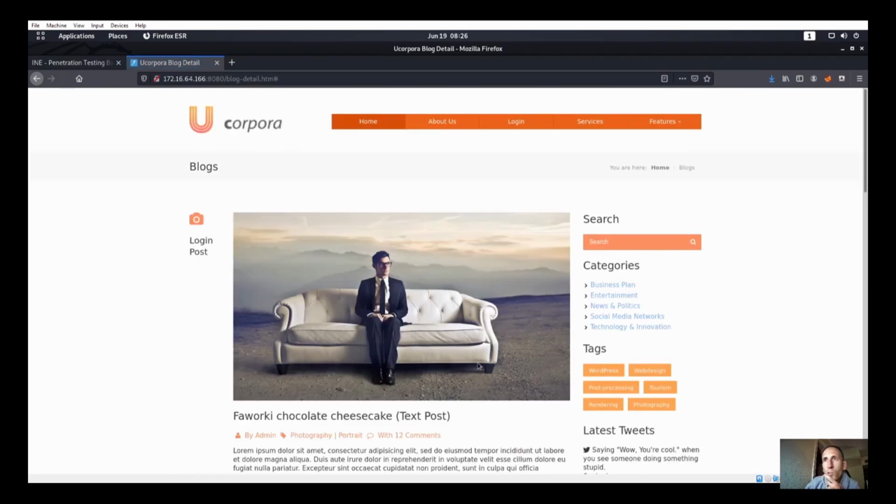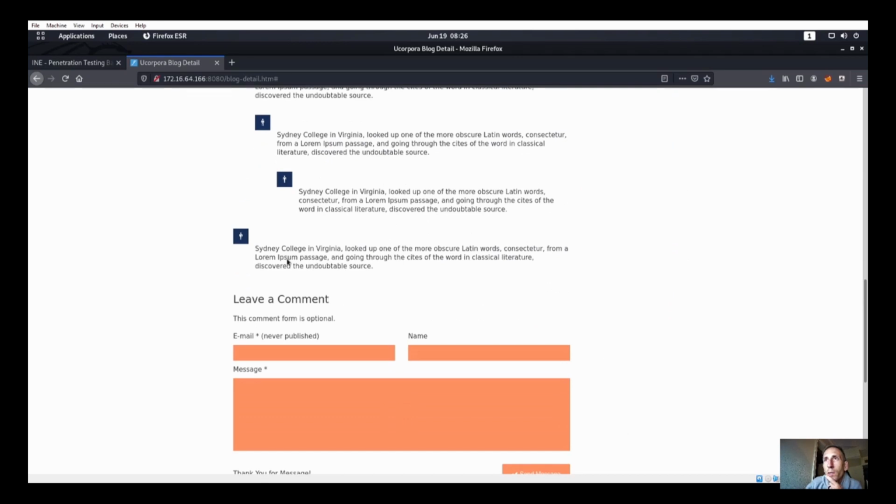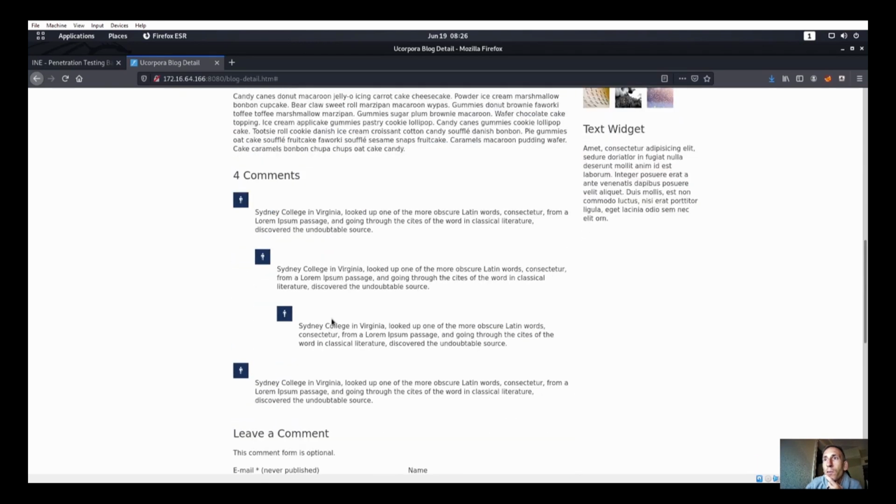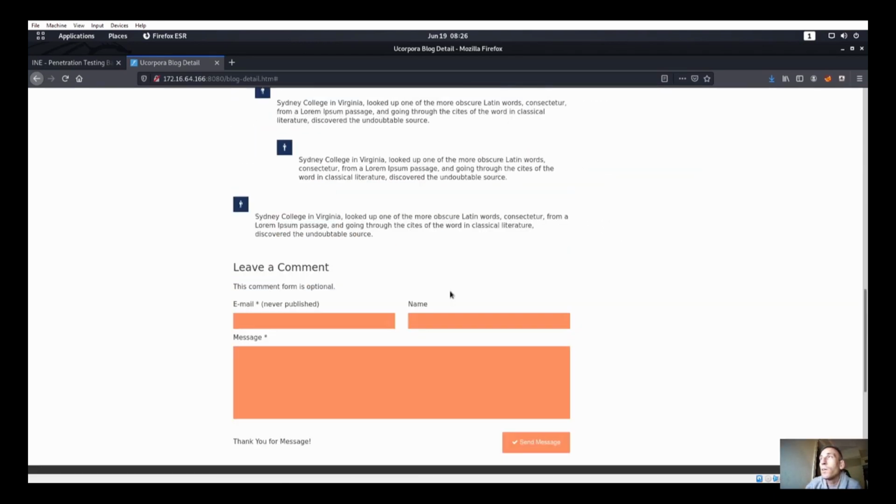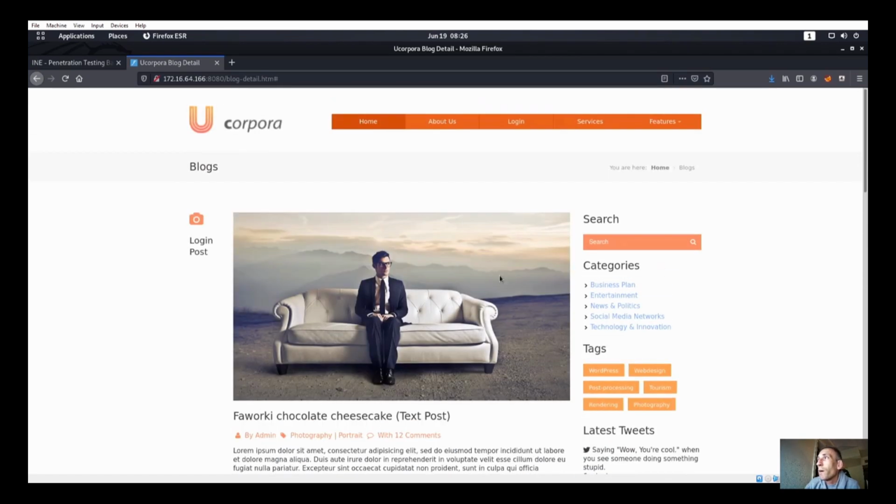Send message. Let's see if we can get into that. So I try to say your opinion sucks, but we can't send the message. It just says thank you messenger. Alright, so